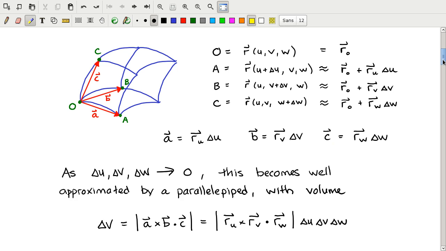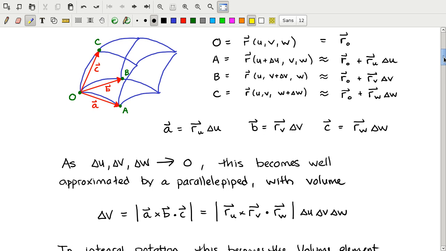Furthermore, as those increments go to 0, this whole volume becomes well approximated by a parallelepiped. The sides become roughly straight, although the vectors need not point at right angles to one another. Nevertheless, we can calculate the volume of that object using a relationship from far back in the course that you were asked to remember, that the volume of a parallelepiped with three sides given by vectors a, b, and c